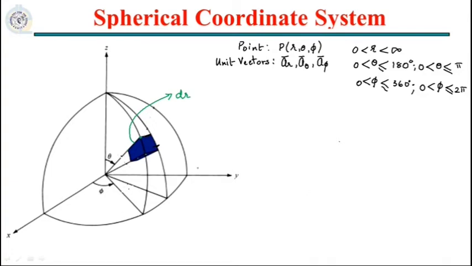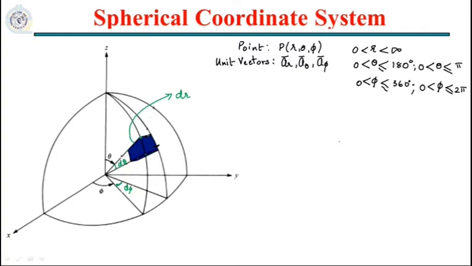Okay, so my d phi will be, this is the angle d phi. If this is phi, this is d phi, and if this is theta, the small angle will be d theta, right? So now we already have one length, that is dr, that's the incremental length. Let us look at phi, because that's the simpler one. How do I measure this length?